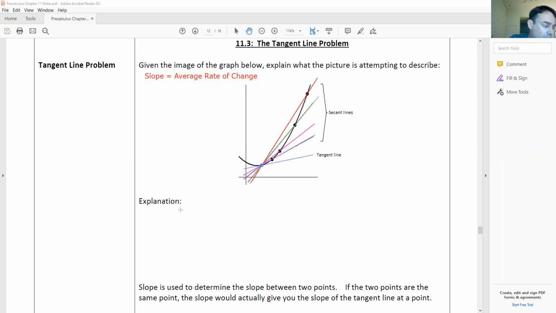And if you did that, we ended up coming up with this tangent line. So as we get closer and closer, the slope of these secant lines gets closer and closer to allowing us to get a better approximation for what the slope would be at an instant point on that graph, or the slope of the tangent line to a graph. So what ended up happening here is they ended up saying then,